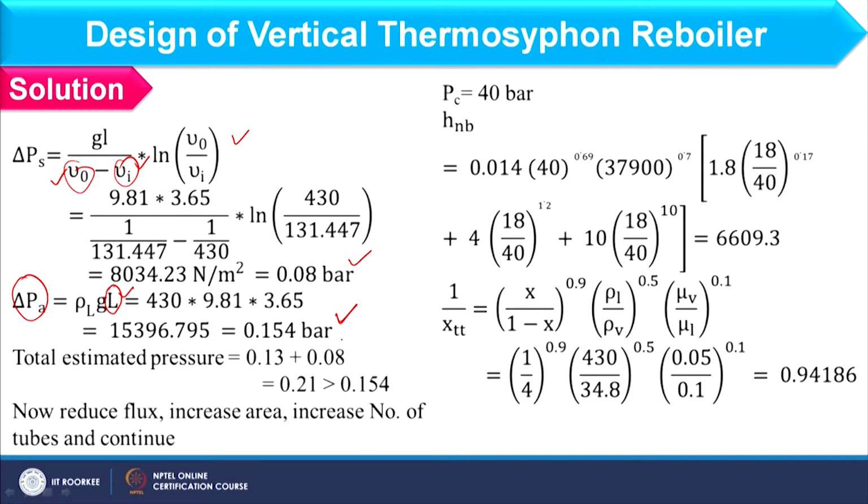0.154 bar, and if you compare this with the pressure drop available in the tube, so tube pressure drop is coming more than the available pressure drop. So, it means that recirculation ratio is not maintained. Okay. So, what we have to do further? We have to reduce the heat flux in such a way so that pressure drop in tube side should be